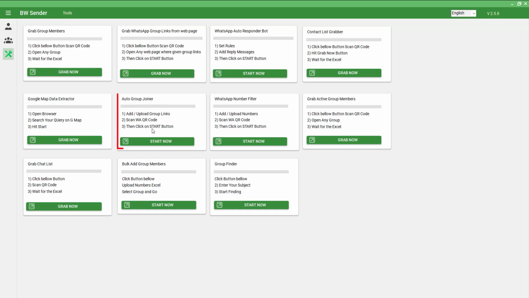Auto group joiner. This tool is very useful to join a number of groups automatically. Let us see the process. First, we click on the Start Now button,